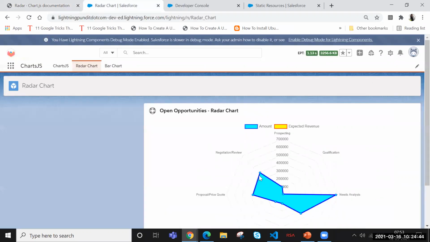So this is the border color, which is changed. This is the background color, and these are the labels.